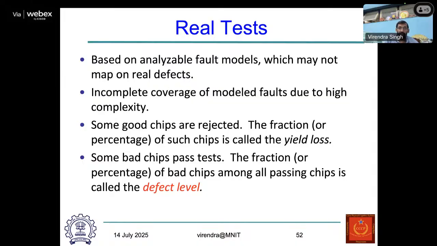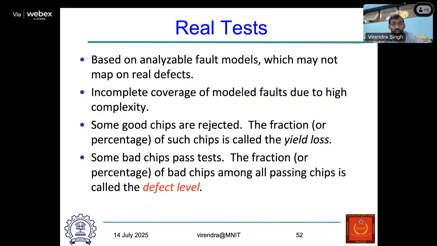Unless a defect results in incorrect operation, I don't need to worry about that. So we develop the fault models which can map, or match the real defect in the design. We may get incomplete coverage of the modeled fault. Here we are modeling the way the defects are occurring in the system, and perhaps because of high complexity, we may not be able to test for each and every modeled